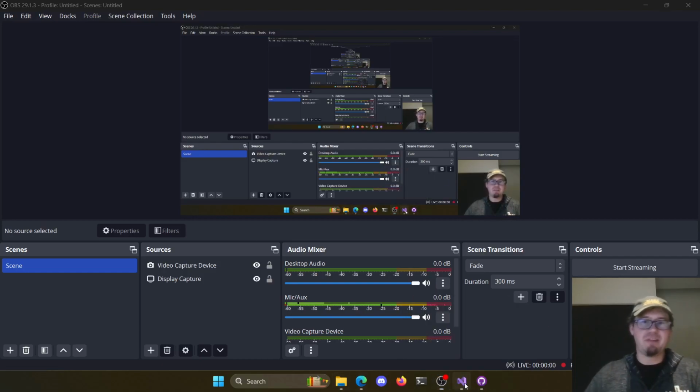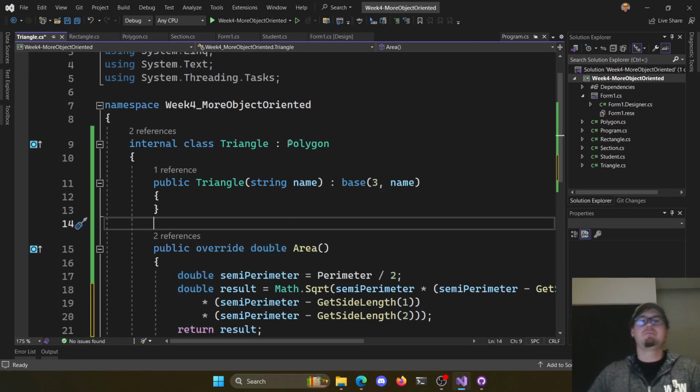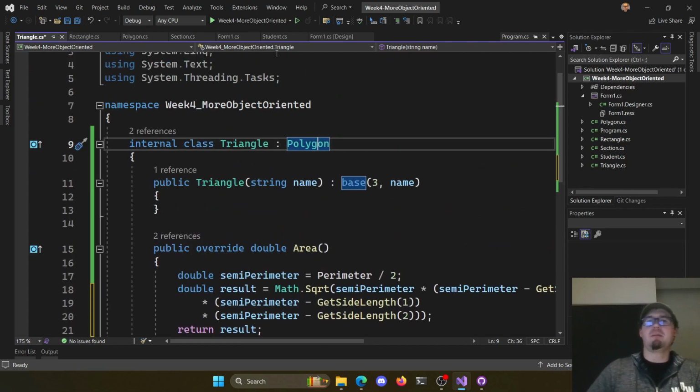All right, let's pick it back up here where we left off. So we had polygon. We could make a couple polygons, but